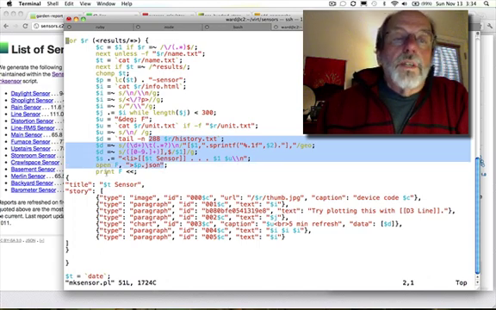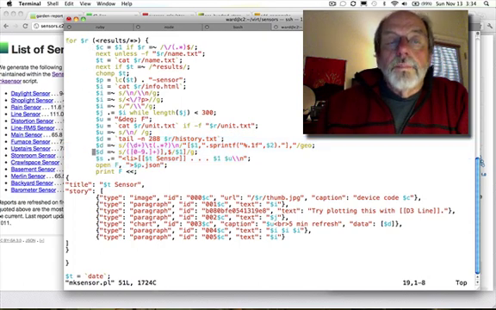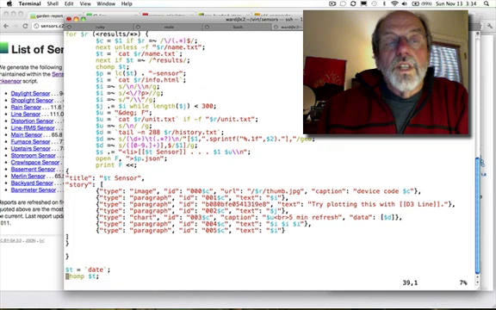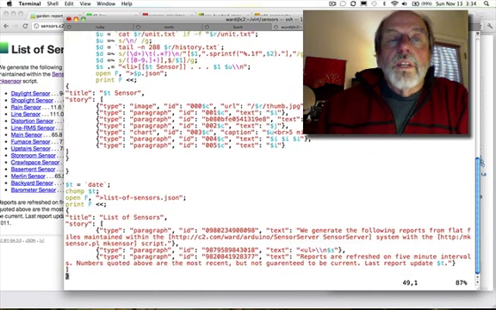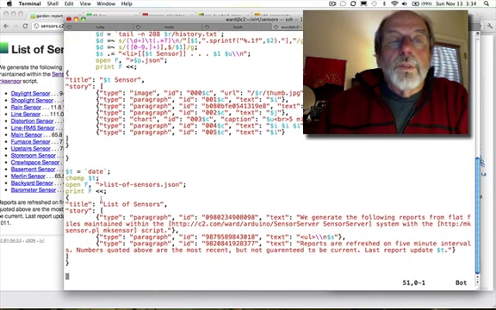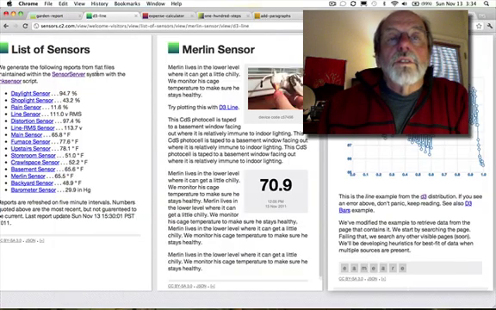This just defines a bunch of variables which then get substituted into this, which is just JSON. It's just here text in Perl. And then when it's done each of the sensors, it's kept a list of all the sensors, and that makes this list out here. So this is all straightforward